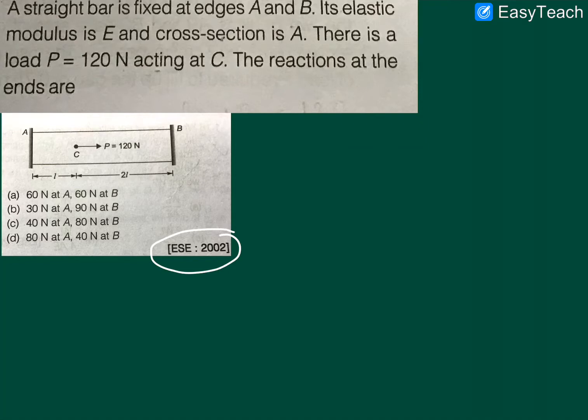So by considering the equilibrium equation, we get only one force equation, but there are two unknowns: reaction at A and reaction at B. In such a condition, we can apply a constraint equation that the total elongation of the rod will be 0 because it is fixed at two rigid supports. So we can utilize that one more equation now to solve this problem.